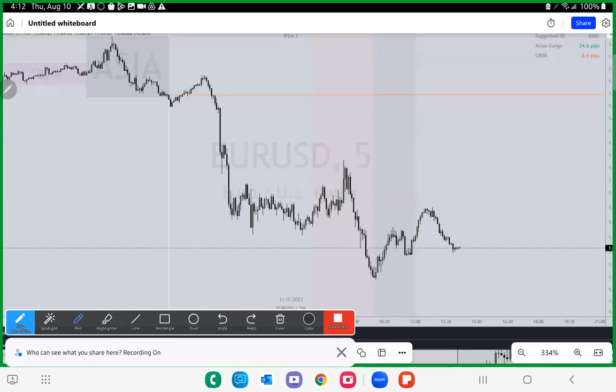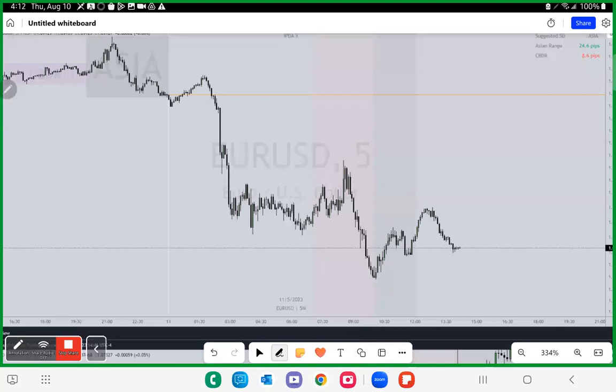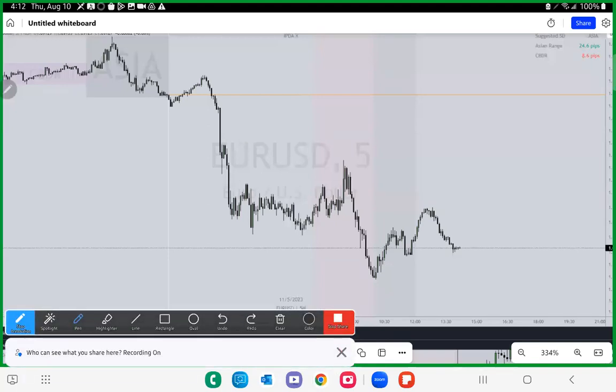Okay, one other key point in terms of this New York session is what we mentioned above. We talked about the CME 8:20 opening price. Now, to give you insights, let's imagine we have the midnight open. Typically, if we're short, we want to be short above the midnight open price, right? Now, if price has already expanded well under the midnight opening price, we don't have the luxury of seeing price come all the way back up here and then all the way back down here. So what do we do? We recalibrate and we use the 8:20 opening price.